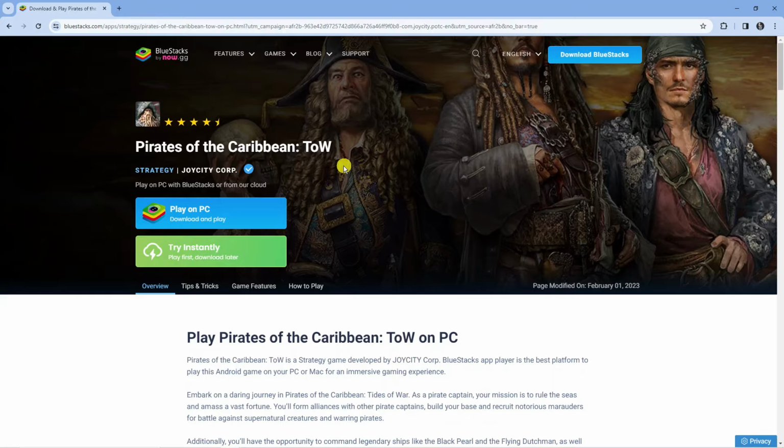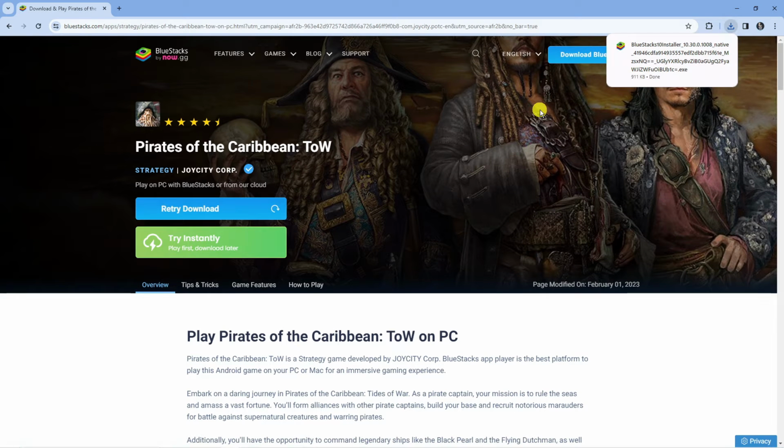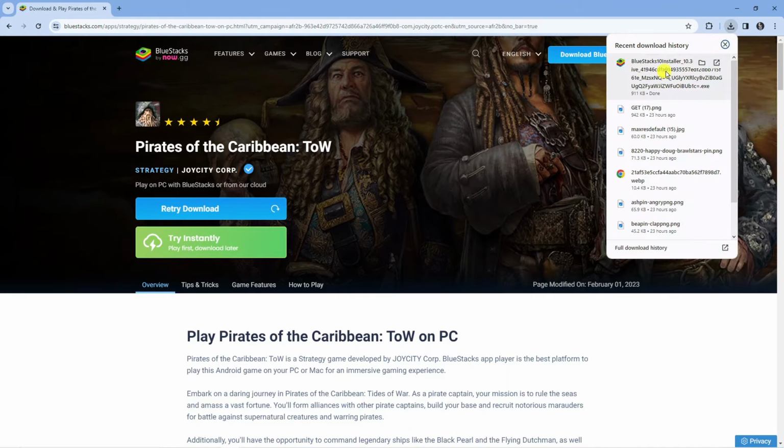So what you need to do once you come across to this page here, you're going to see two buttons. What you want to do is press the blue play on PC button, which is going to download something called BlueStacks onto your PC. Now BlueStacks is an emulator, so what that does, it basically allows you to play mobile games on your PC. So once that's gone ahead and downloaded, just click onto it to run the installation setup